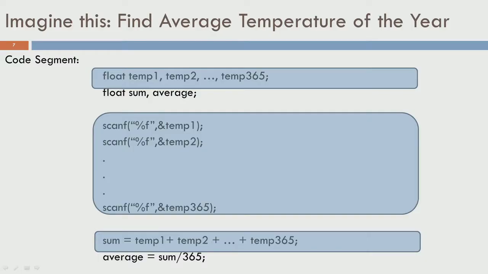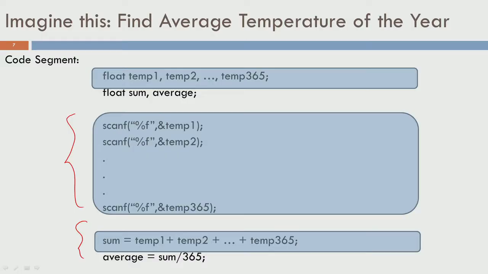So, what we have is something really cumbersome. So, we have 365 variable names, we will have to scan each one of them, and we will have 365 lines in which we will scan them. So, that is what you will do in this block here, and finally this one where you are adding up all the values is also rather cumbersome, because if you forget something you have no way to go back and check which one is missed out. So, this is not a nice way to do things, and programming languages give support for the same data type,